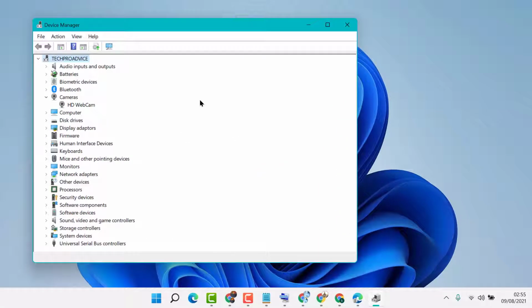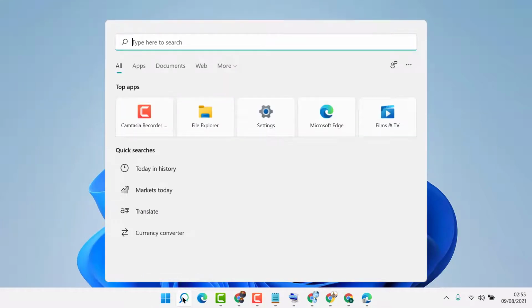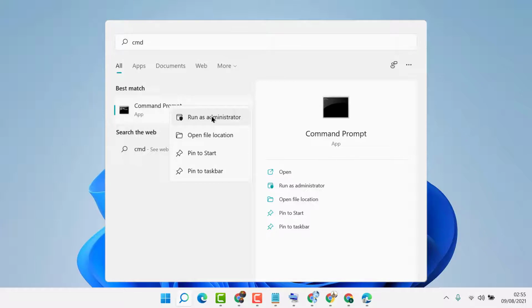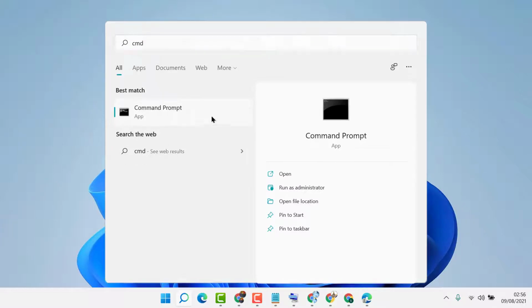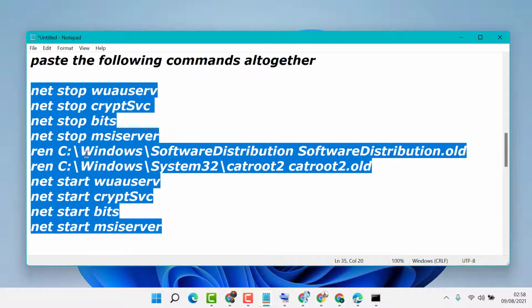If you are still facing the error after using these two methods, try the third method. So click on start and type cmd, right click on command prompt, run as administrator. Now copy and paste this command line. I will give a link for this command in the description.